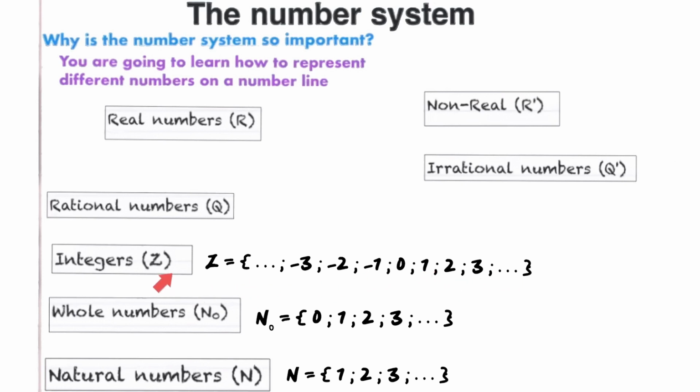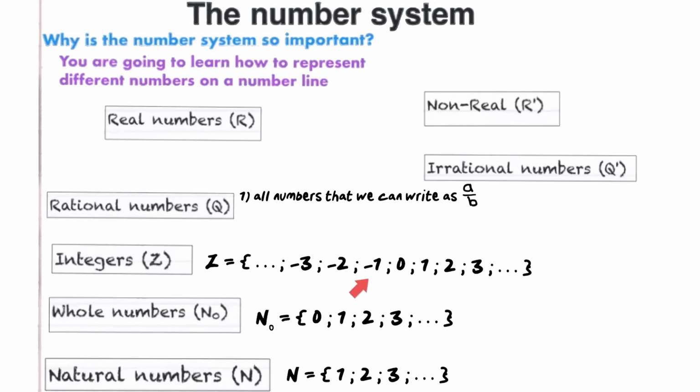So next set is called rational numbers and is denoted with the symbol Q. Now they are the more complicated ones because there's a couple of things that we need to remember. Rational numbers are all numbers that we can write as a over b. Now what does this a over b mean? We can write it as a fraction. So basically rational numbers are all integers, all whole numbers, and all natural numbers, because we can write a 1 as 1 over 1, we can write 0 as 0 over 1, we can write minus 1 as minus 1